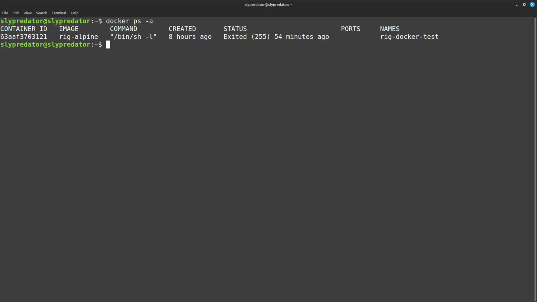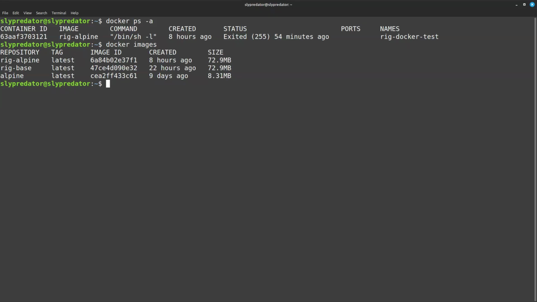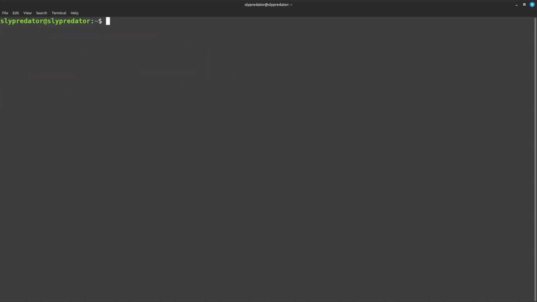But docker ps -a will return all of your containers which you have built from your images, and you'll be able to delete your containers, and you'll be able to delete your images as well. I'll show you that as well. But docker ps -a is for containers, docker images is for images. Okay, now let's get into